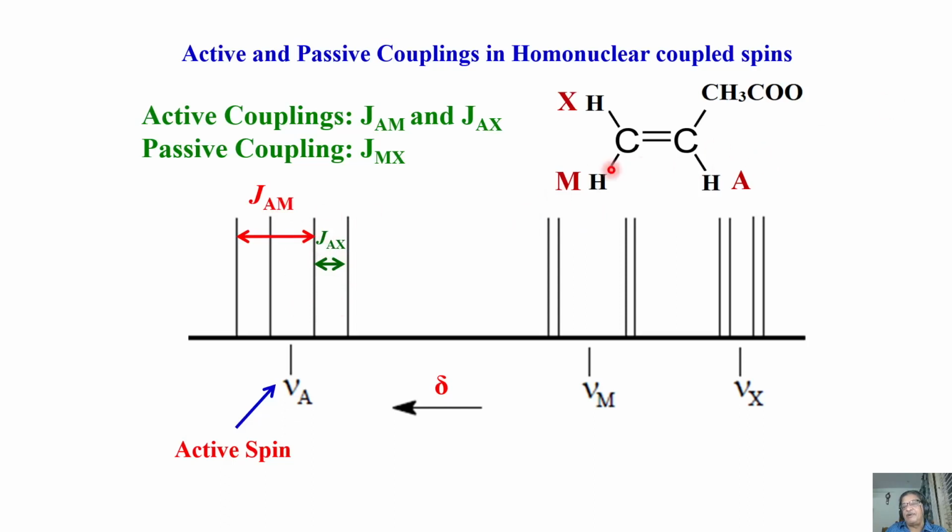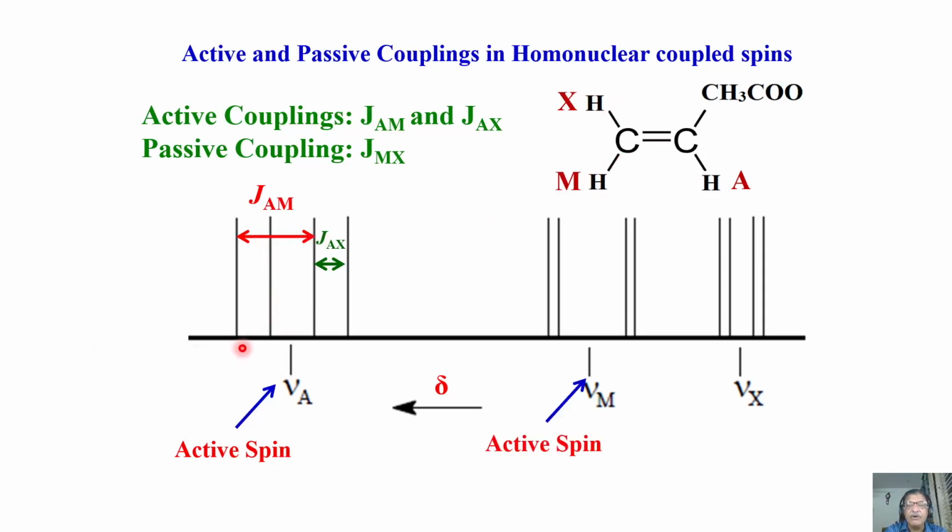Because this AM vicinal 3-bond coupling is smaller than the trans coupling. That is in a realistic situation. But okay, let us assume whatever may be the case. This is the way you understand. This large coupling is one of them, and this separation gives me the small coupling. So at the site of this, I get AX coupling and AM coupling, which are couplings between active and passive spins. These are called active couplings. Coupling between active and passive spins is called active coupling, and passive coupling is coupling between passive spins. So I don't see MX here.